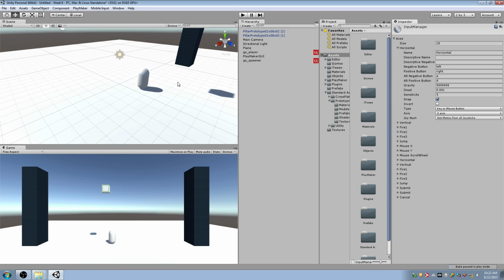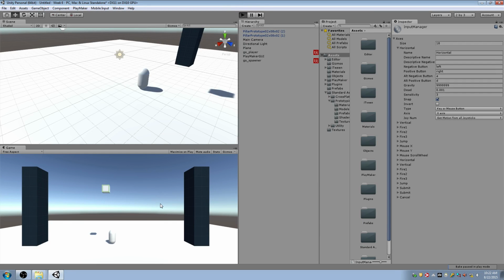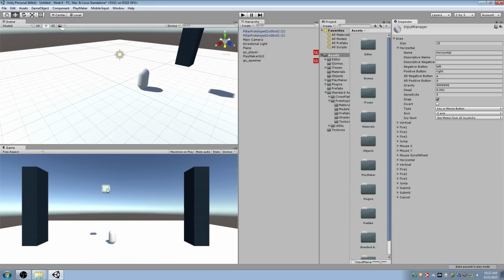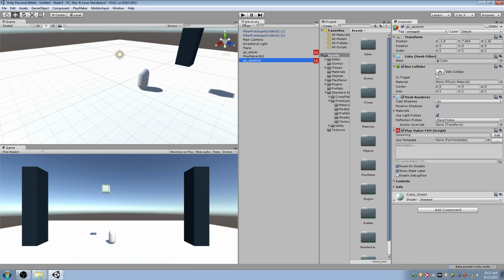Cool. So there's my level. All right, so I kind of want this thing that's spawning to be able to move left and right. It's already creating objects that I can collect and hit. And if all I have to do is be able to move it left and right, we could use an iTween for this. An iTween works well for platforms that move on a specified path that have a known kind of movement. The problem is it doesn't really work great for something that has to move continually and randomly. So instead of using the iTween, we're just going to